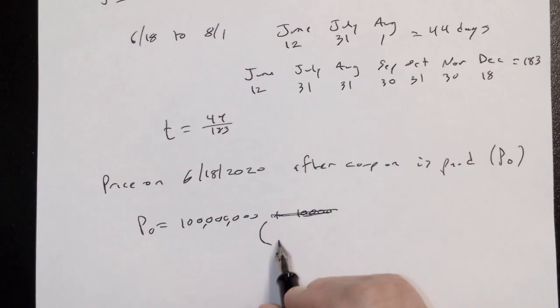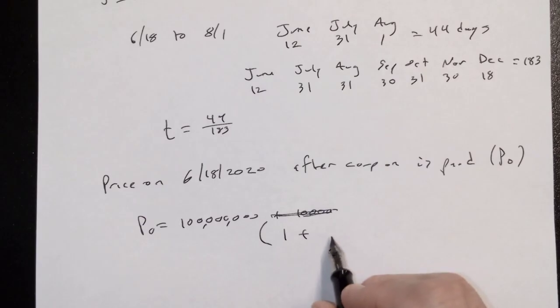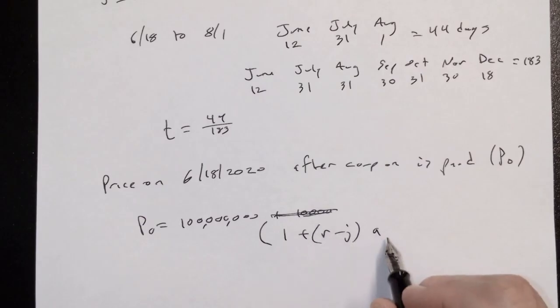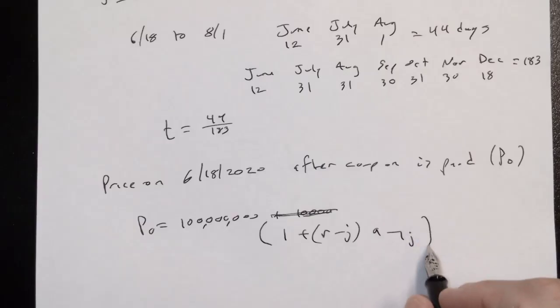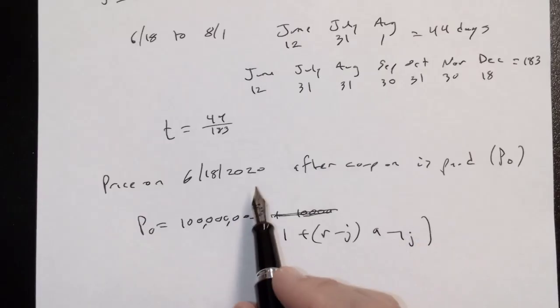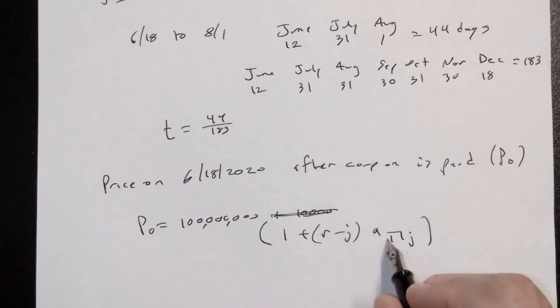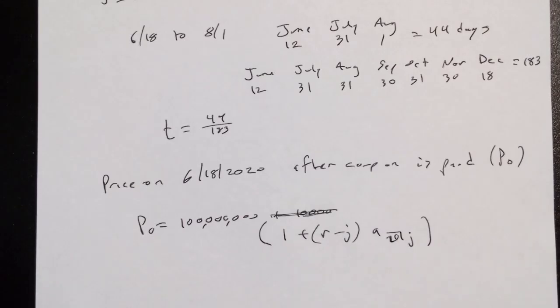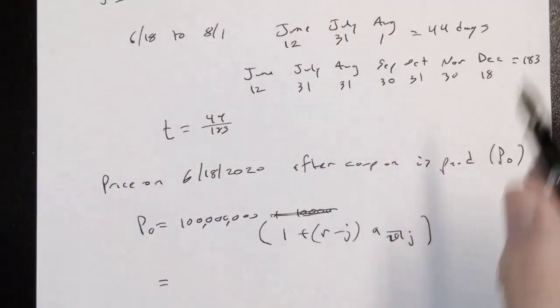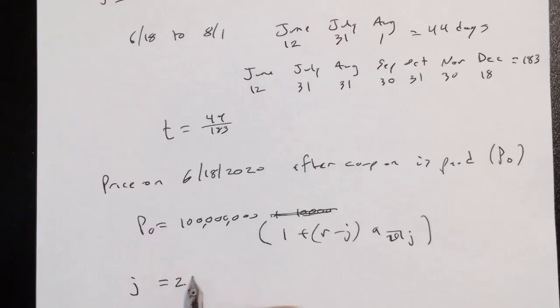I wrote it like this: 1 plus R minus J, A N J. But N now, since I'm doing it on 2020, it was a 20-year bond. It's now a 10-year bond. So that's 20 payments instead of 40 payments. Okay. This is based on our J's and our R's. If J is 2.5%,